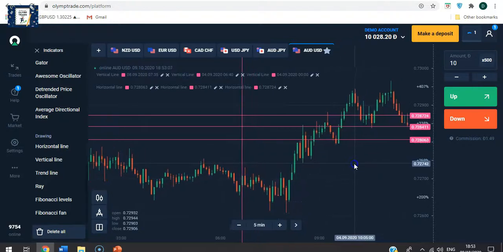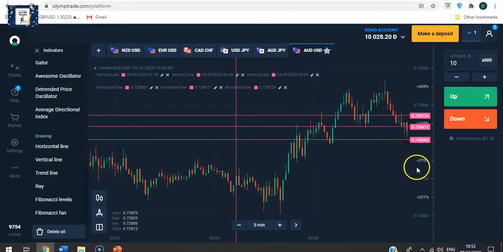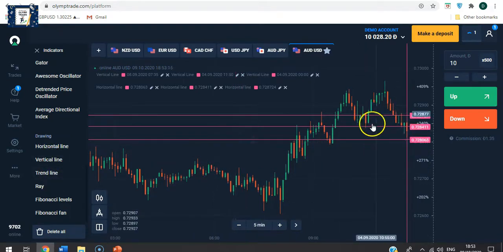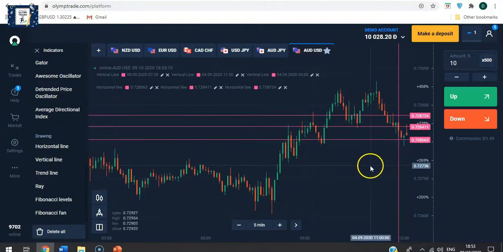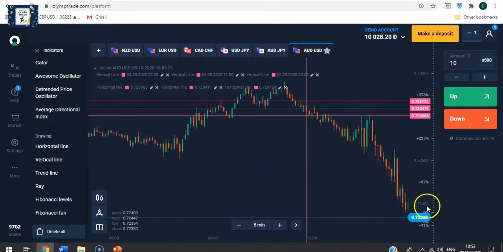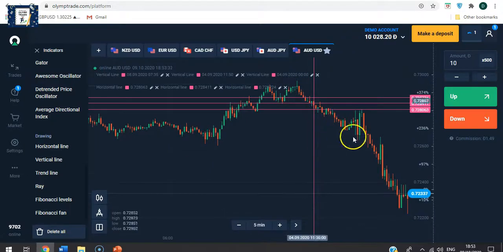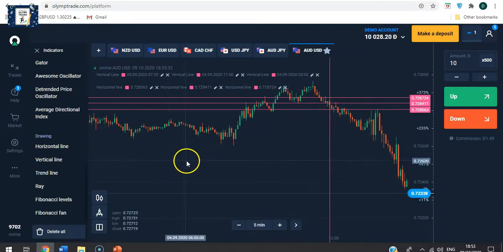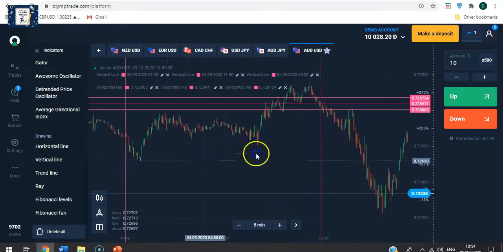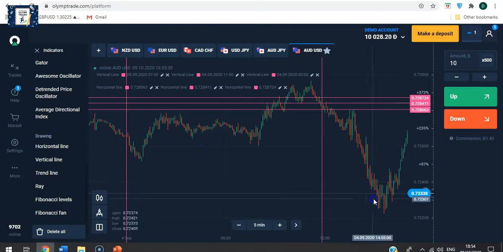So when we see that happen, now we can see that the market has in fact at this point taken out those stops, and this is where we are going to click the trade down, and we can expect the market to run lower. And in fact, that is when the true trend direction continues and the market runs without looking back. And here we will have, by the end of the day,